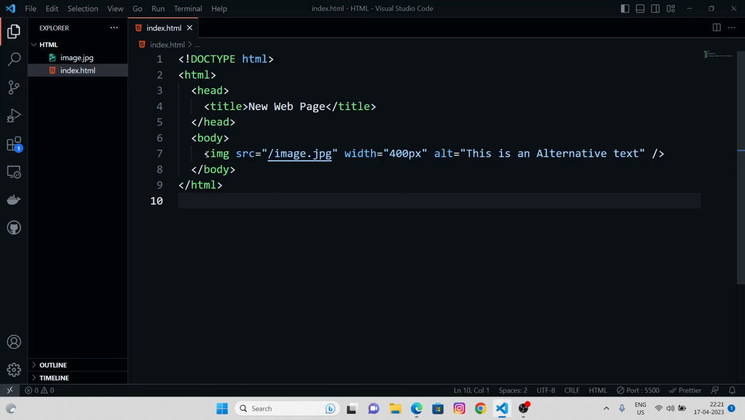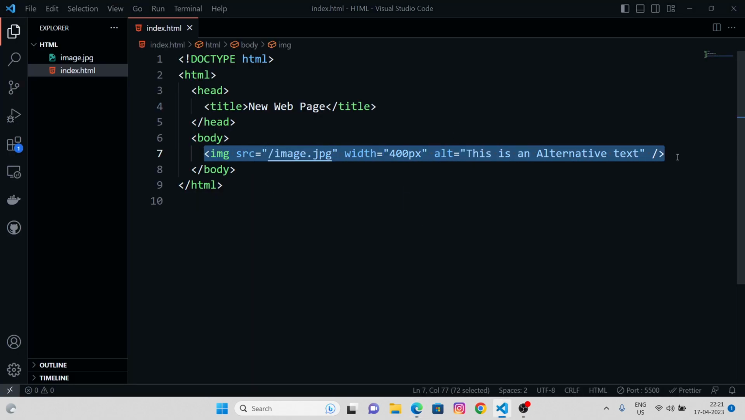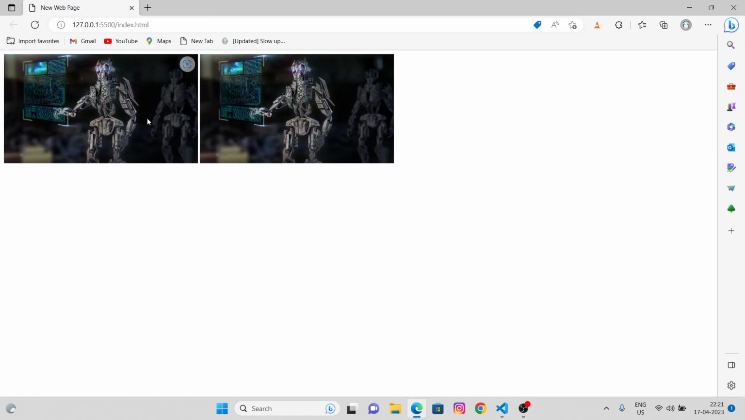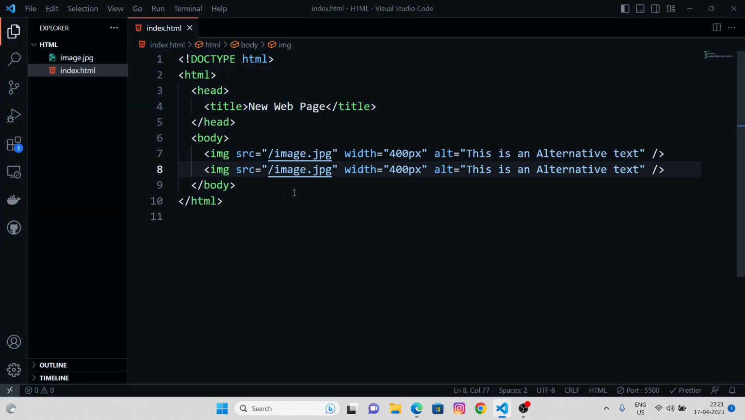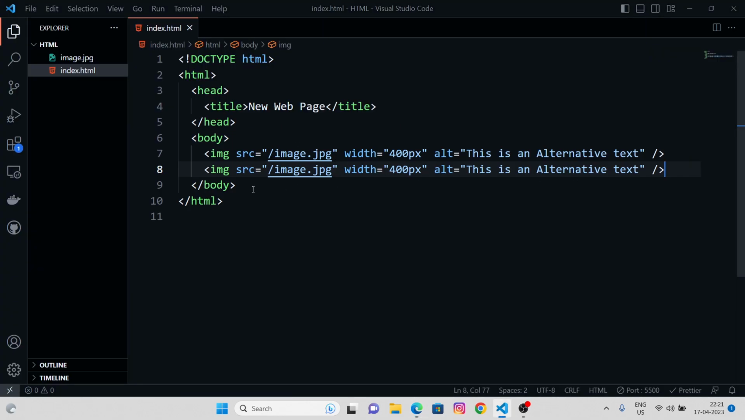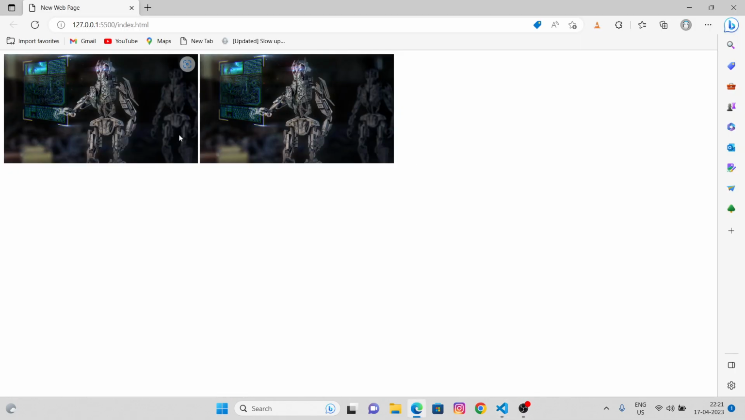So let's say, what if I have two of the same images? Hit save. So yeah, we have two different images being rendered in a row, right? So let's say I want to have a space in between these images, right? Or maybe a gap, something like that, right? So in order to align and justify these images,